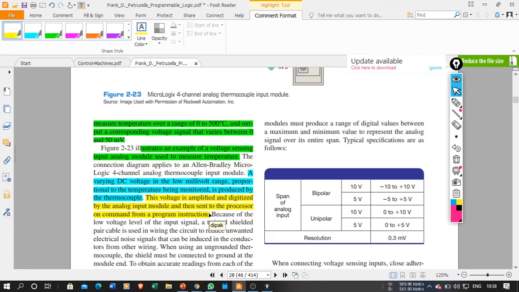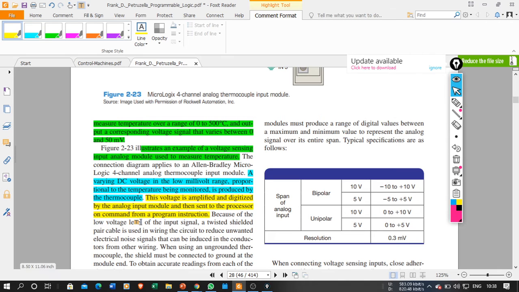And if I am going to use certain digital devices, then the digital output can be used directly. But if I want to use analog devices, like a solenoid valve or something, then at that time I need to convert it back into analog form by using a digital to analog converter.